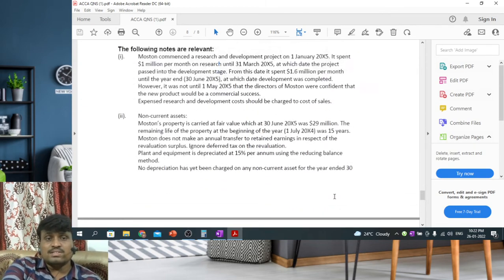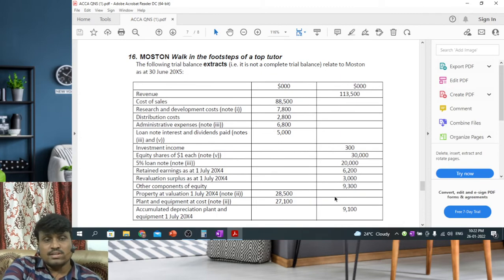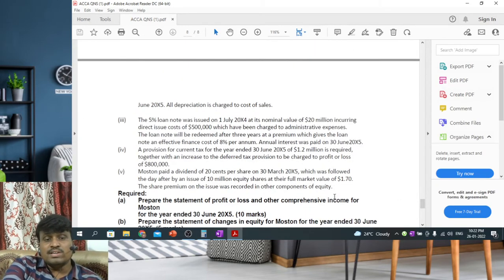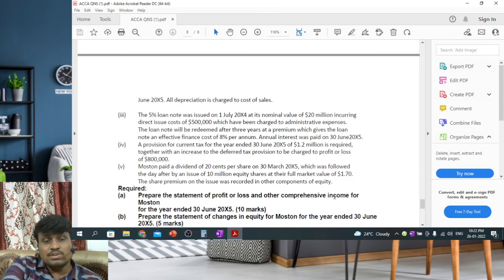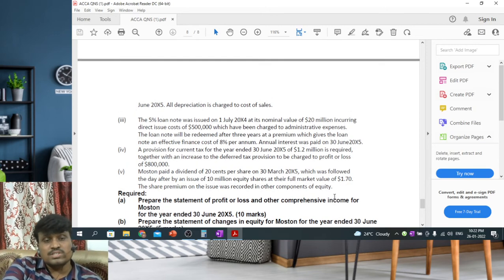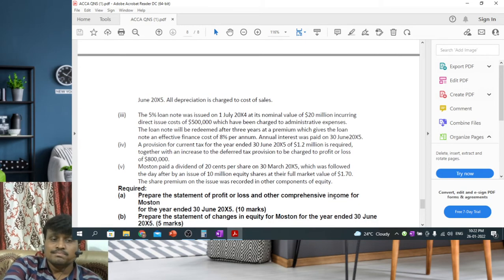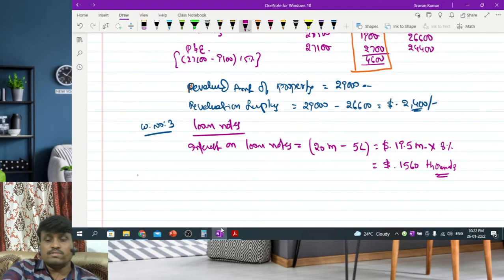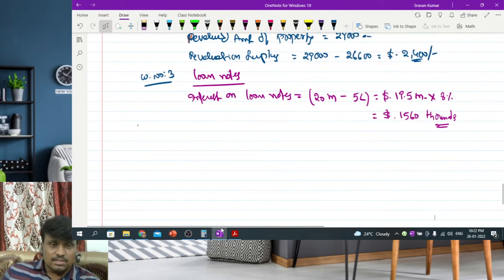Actually, what is the issue of the shares? Equity shares we have 30,000, but actually what is the opening? 10 million equity shares are issued after payment of the dividend. So we need to calculate the dividend on 20,000 of equity shares. Prepare the statement of profit and loss, analysis in equity and cash flow statement. So we need to prepare, the first one is